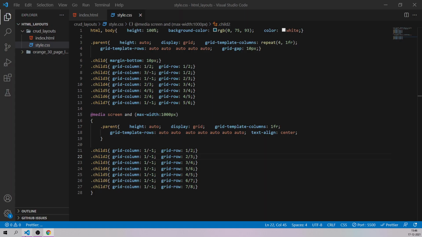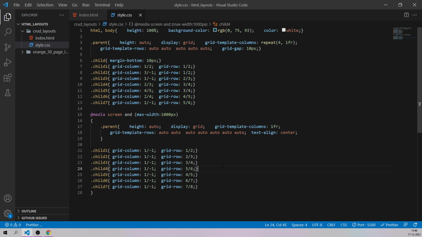First of all, I think we need one more small change. I think yes, this is all perfectly fine: the height of each and every child, each and every row.